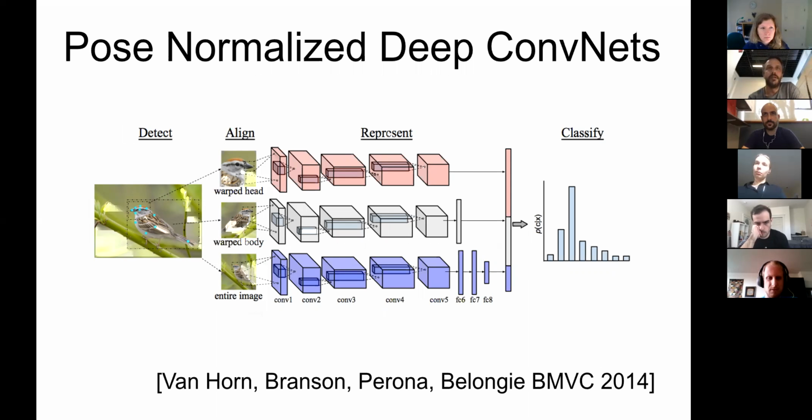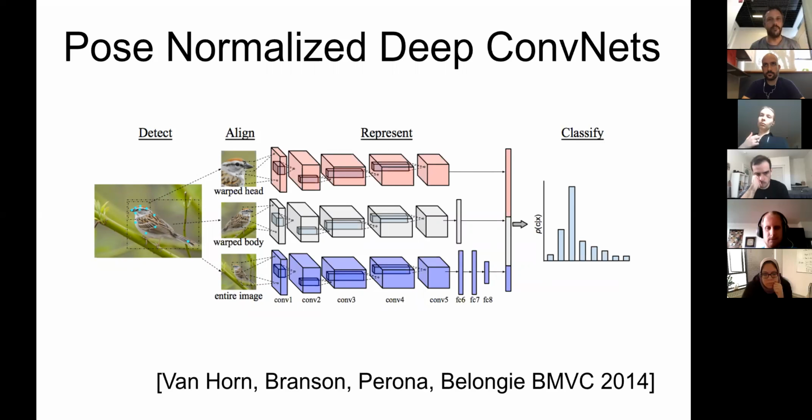the deep learning revolution. And within my group, I still kind of held on to this idea that it would still be necessary to localize parts of birds. My thinking was just, sure, convnets are powerful, but birds are really flexible objects. And I thought it would still be necessary to train a part detector for the head, the body, and then have an entire image representation. The idea was that we would do some kind of rudimentary alignment and then run those through individual convnets, get some kind of aggregated representation and classify that.